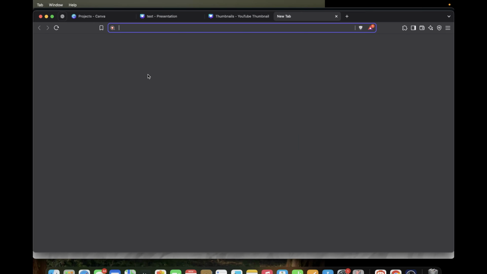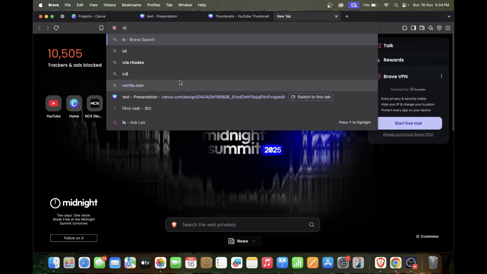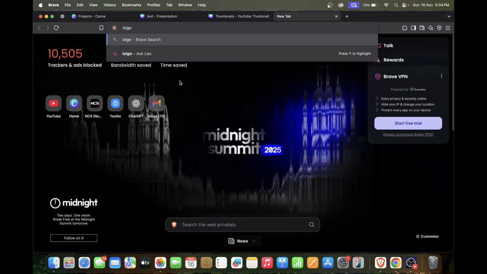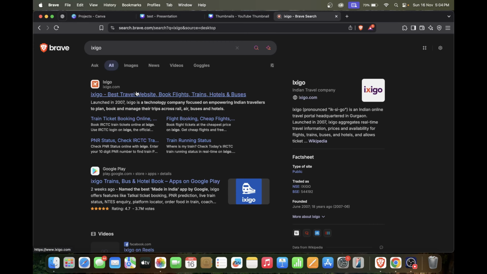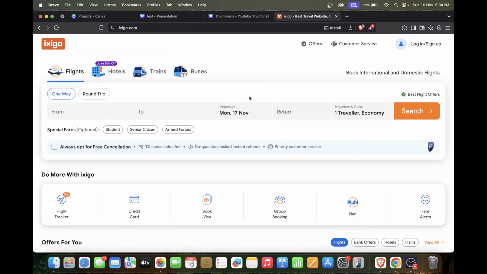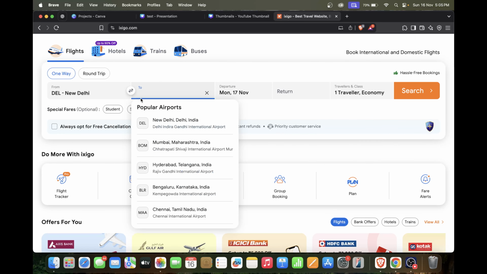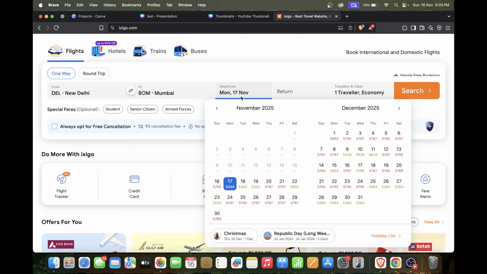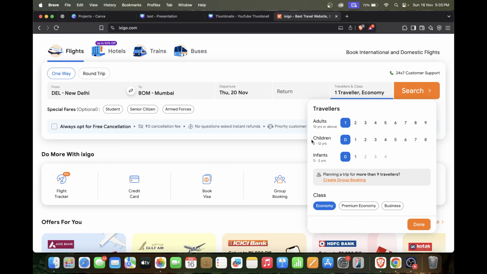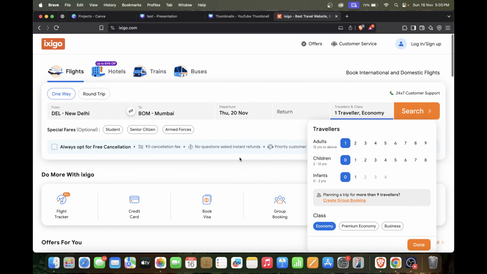Let me show you live how it basically works. Let's take an example of a website called Ixigo. Okay, so this is the Ixigo website. Now imagine you are automating this website. You will tell the automation script to come to 'from' and choose an airport from here, come to 'to' and choose an airport from here, then in departure choose a date from here, and then click on search, right? So you are instructing your script that it needs to perform these actions, right?